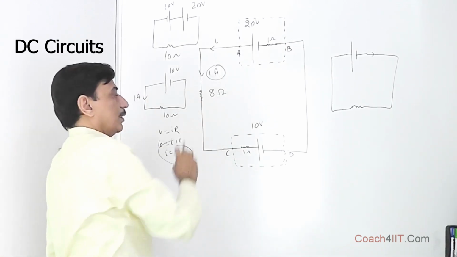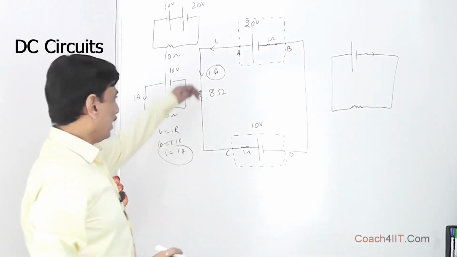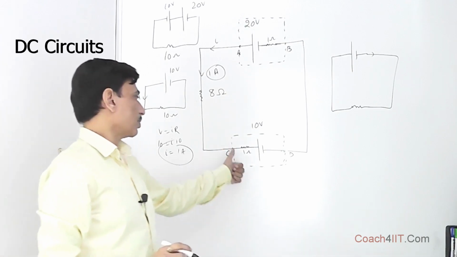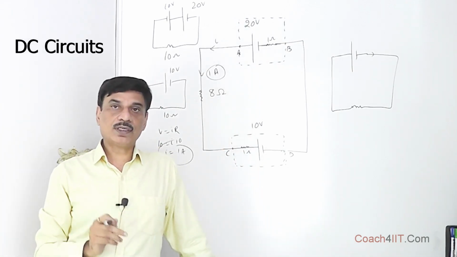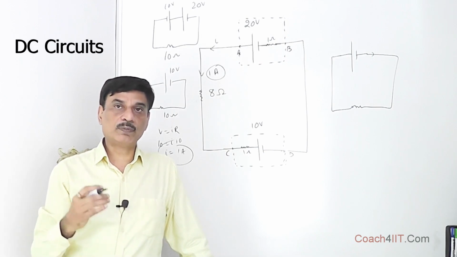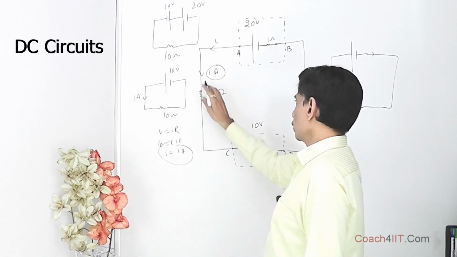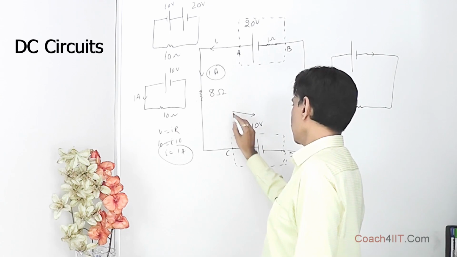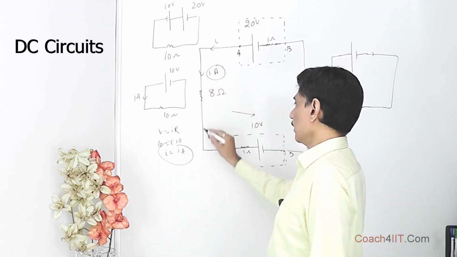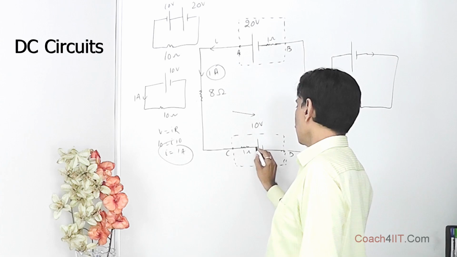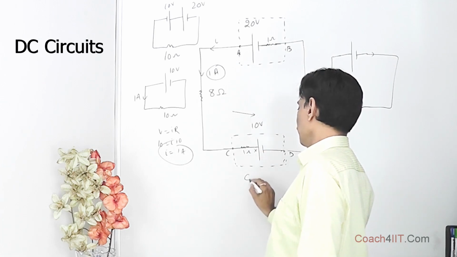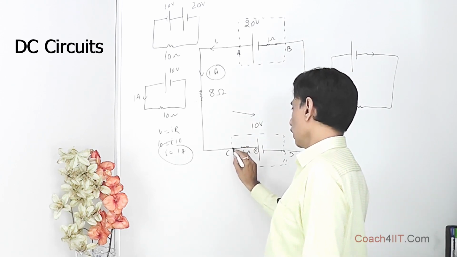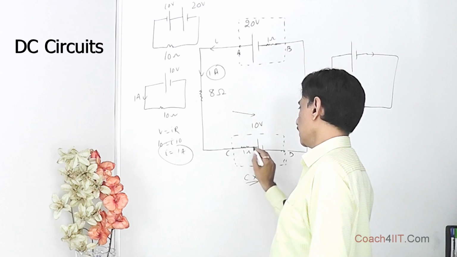Once we know the current which is flowing in this direction, now we can easily find the potential difference across C and D. We know conventional current or positive current flows from a higher electric potential to lower electric potential. So when the current comes over here across the 1 ohm resistor, there is a drop. Because conventional current is flowing in this direction, and let's call this point X, C is here, X is here. Current is going from here to here, it means this is at a higher potential, this is at a lower potential,